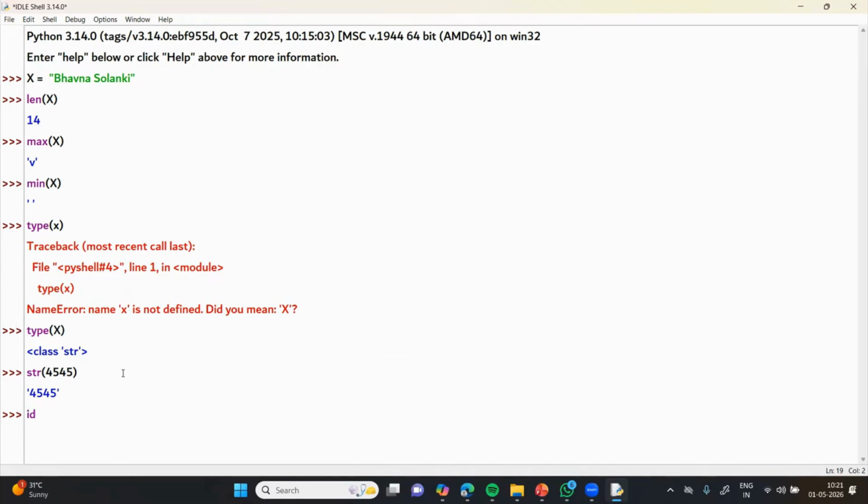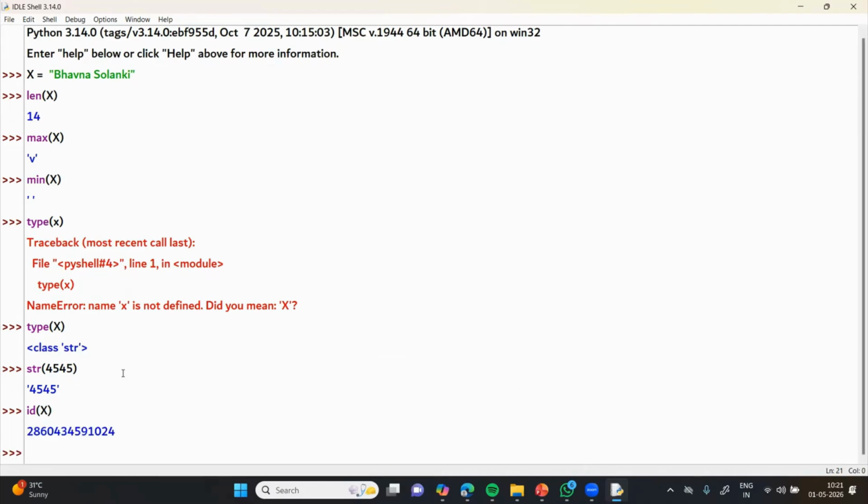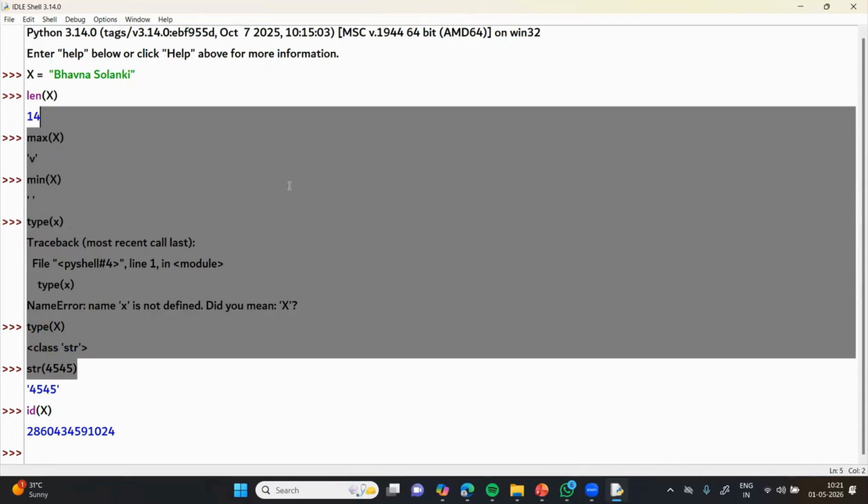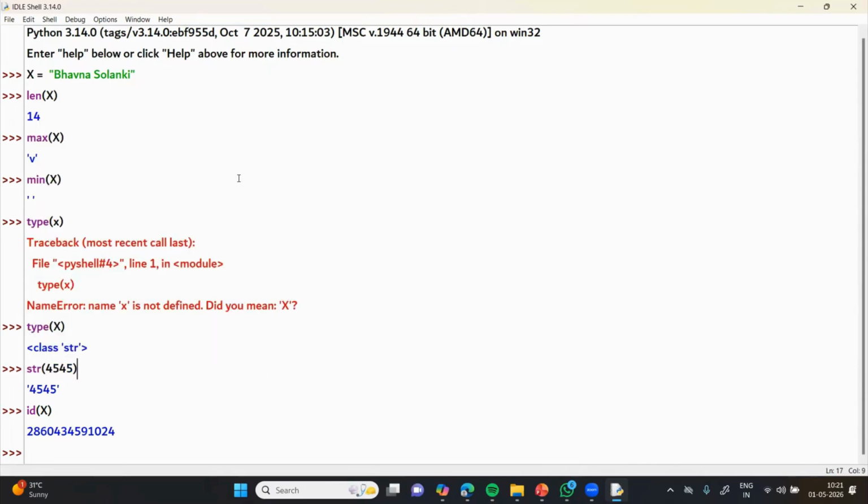We can say this is a memory address also, ID of variable x. Okay, that's how different functions work. And that's all. I want you all to keep repeating this. Please practice on your own. Use different types of data, different types of string, and use all the methods, functions, slicing, and